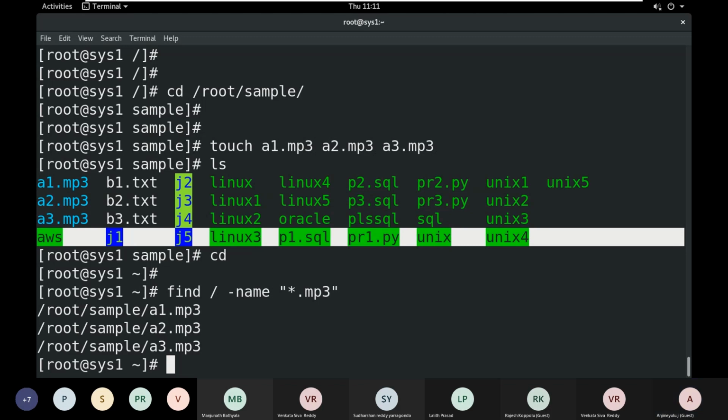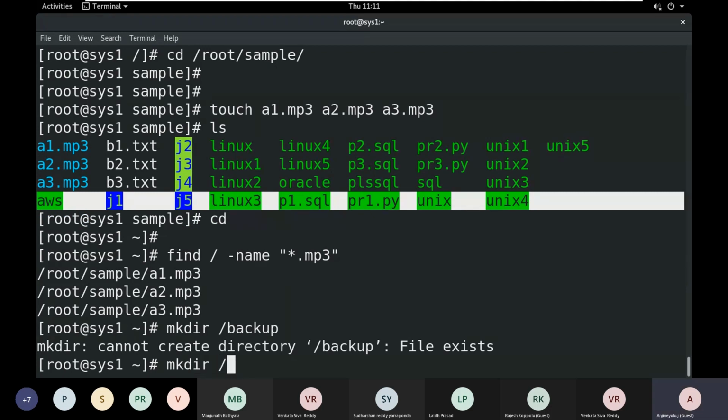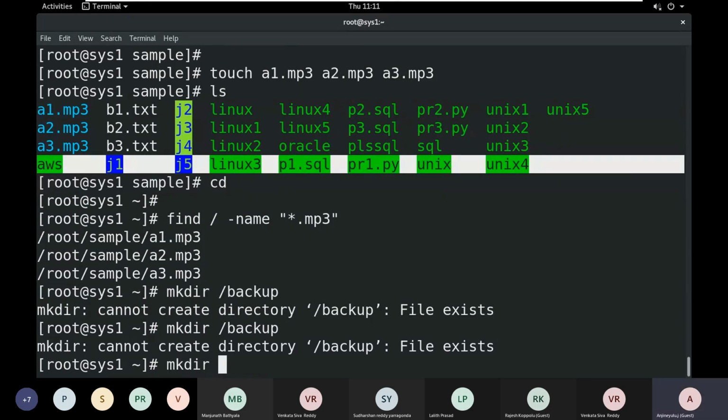Okay. So what to do here? First, where do I want to copy those? I want to copy into backup. mkdir /backup, okay, now backup only. So it is available as bkp, backup only.